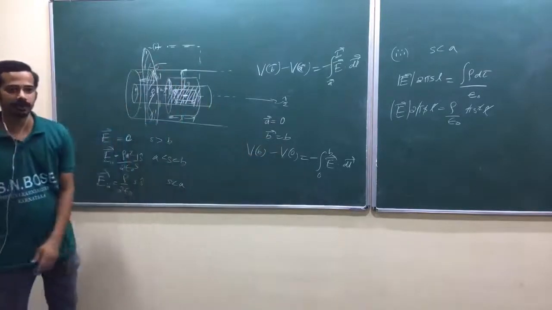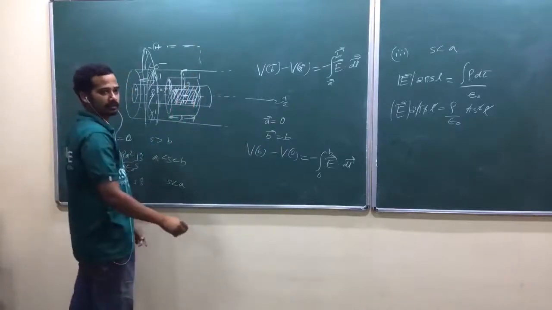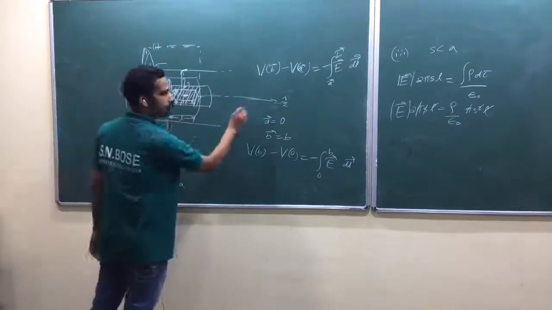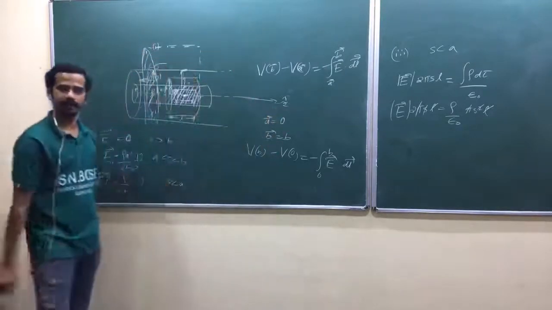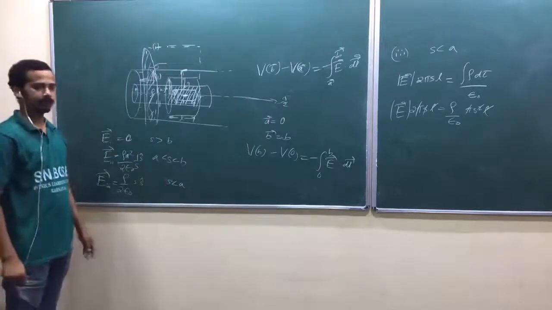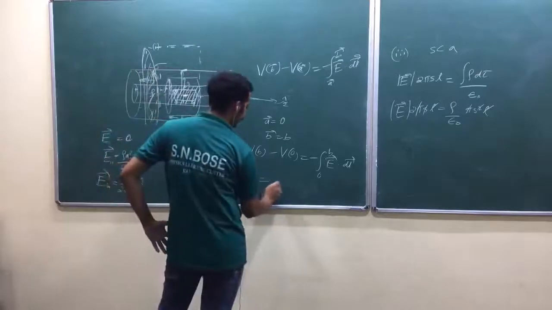He didn't specify it, am I right? These two should be actually outward, isn't it? It doesn't matter. All of these points are at the same potential. All of these surface points are at the same potential because of symmetry. Is that okay? Just 0 to b, just integrate from 0 to b. What would you get?